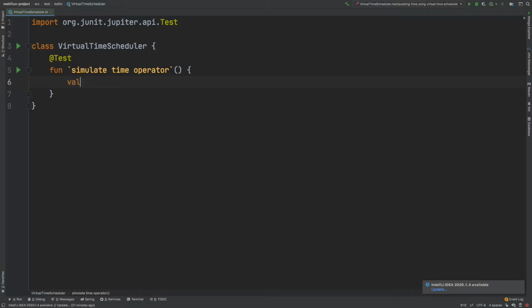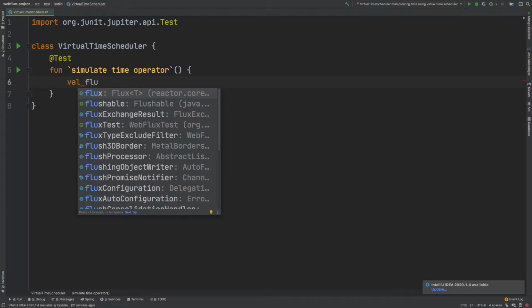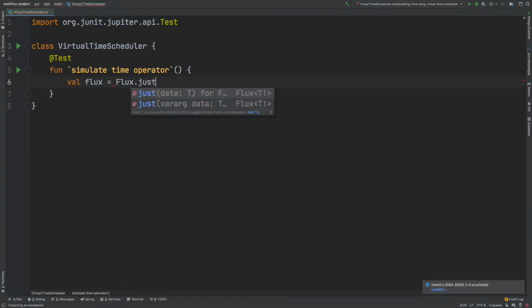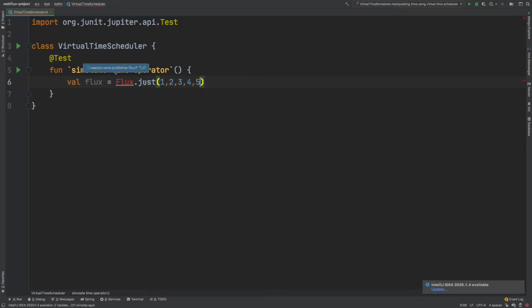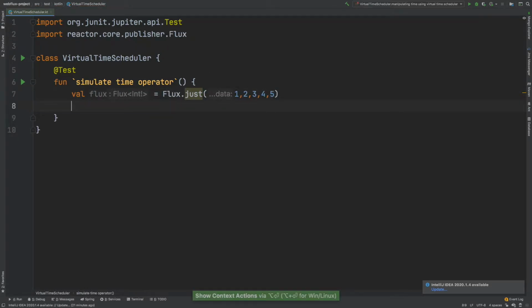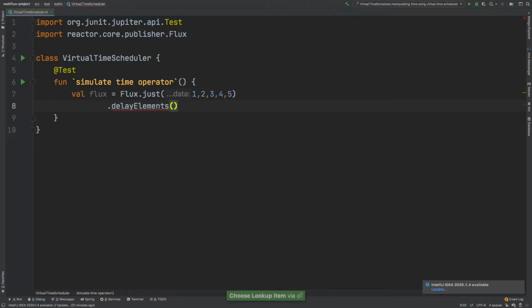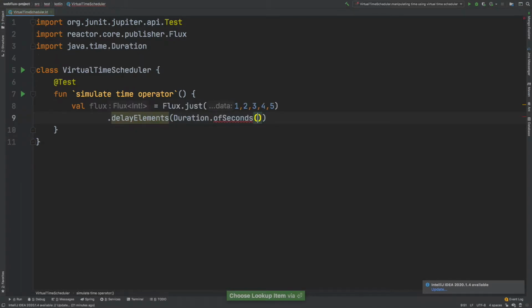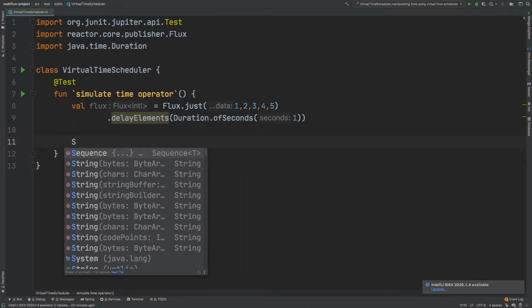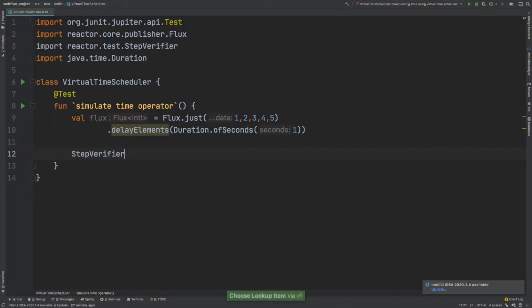So for that I'll create a flux, and then using the just method I'll add a few elements. And then I'll add a delayElements operator and pass a duration of 1 second, and then I'll use StepVerifier to test this.